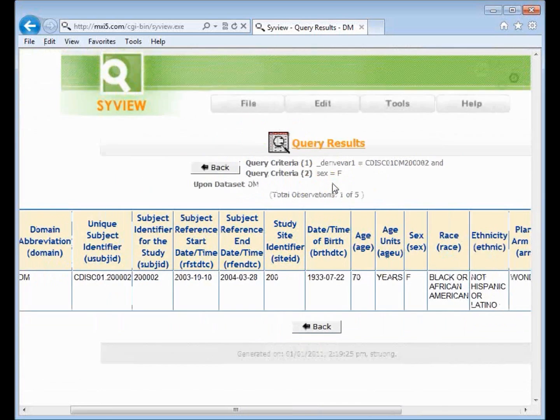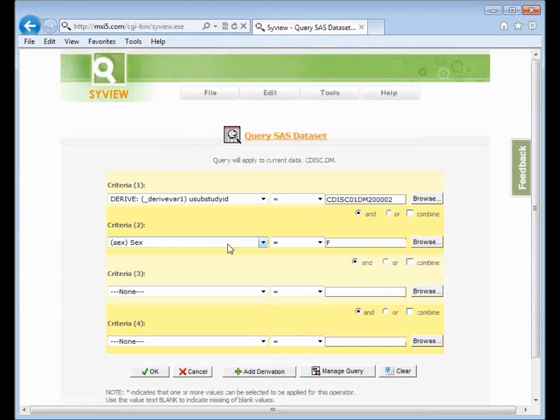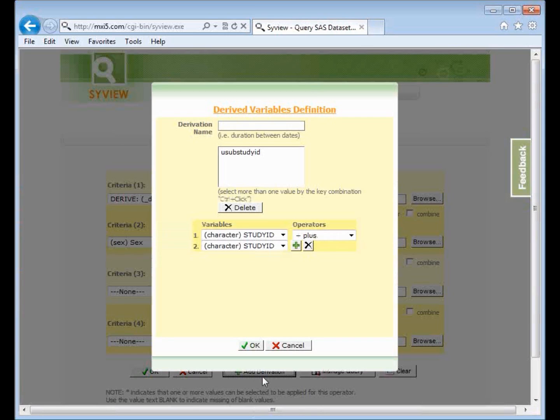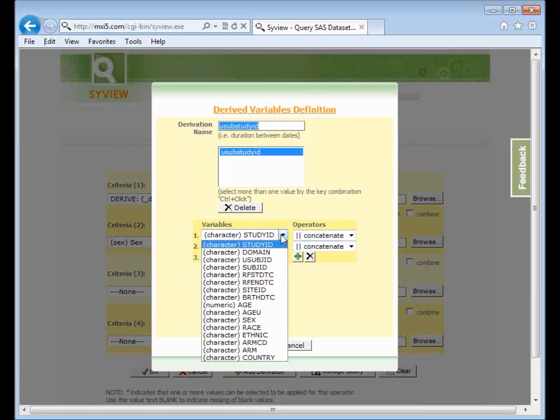So if I go back, I can show you that I can derive additional variables, as many as I want. So if I go and click on the Add button once again, you can see that the previous derivation is listed underneath here. So if I select that derivation, it will bring back all of the selections that I've done before. But in addition, I can create a new derivation. Let me create something new. For example,